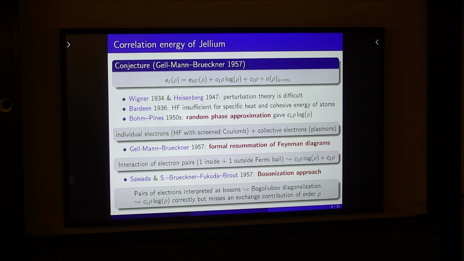And I think even in the same volume, after Gell-Mann and Brueckner, Sawada came up with a different approach because he rewrote the Hamiltonian in such a way that he took the interaction and retained only the pair-pair interaction. I will come back to that later, I will really go into that. And then he treated this Hamiltonian as something quadratic. So this is the main idea, which is here called